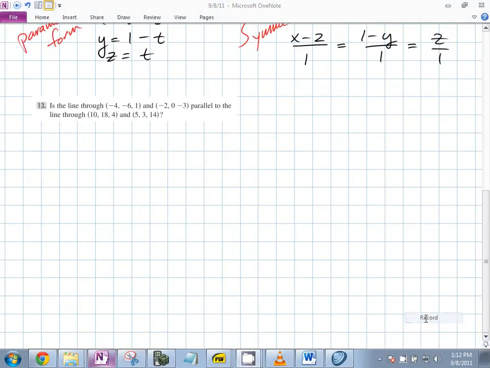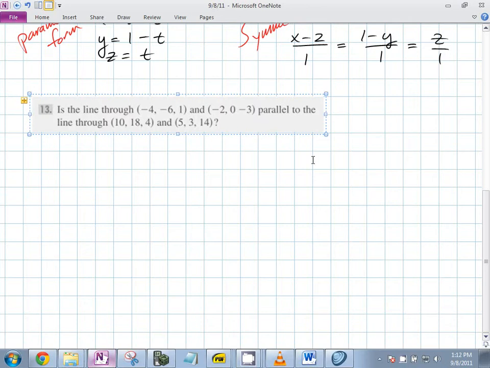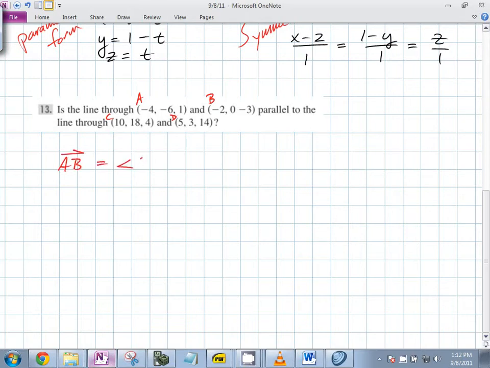Okay, another one. Is the line through -4, -6, 1 and -2, 0, -3 parallel to the line through those two? How do you figure that out? Form the vectors formed by those two points, that's all you need to do. We have A, we'll call that B, C, and D. Does it give you direction? No, it just says through those points. So if we did A to B, we'd end up with 2, 6, -4. And from C to D, we would end up with -5, -15,